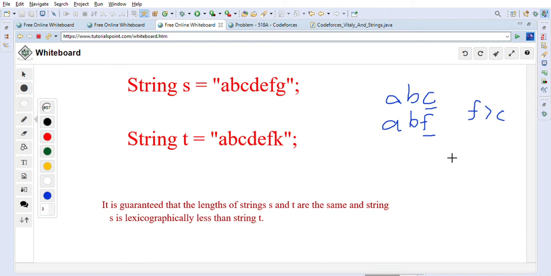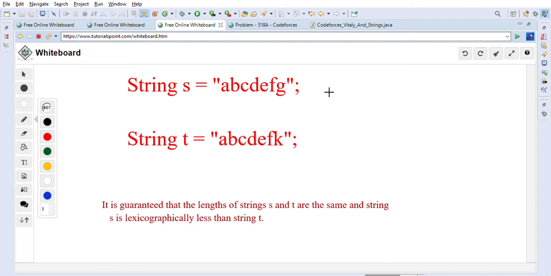So that's what lexicographically smaller or bigger means. Or take some other example, let's say you have just the string A. For any string like B or D, A is lexicographically smaller than B, and it is lexicographically smaller than D, because A comes first, then B comes, then D comes, when we are writing English alphabets. So that is what lexicographically smaller means. So we are taking the example that's given to us.